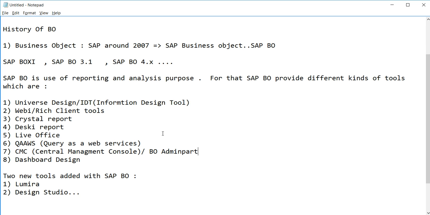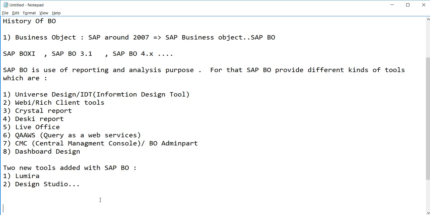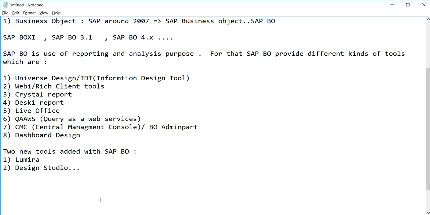These are the kinds of BO admin activities, and I'll cover them in the CMC. So the two new tools added with BO are Lumira and Design Studio. Firstly, what is the basic knowledge?